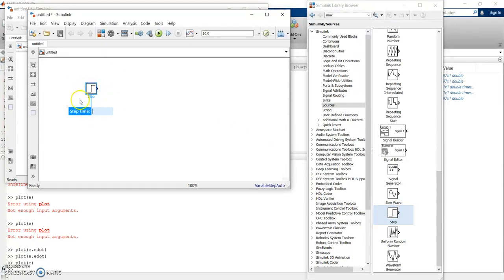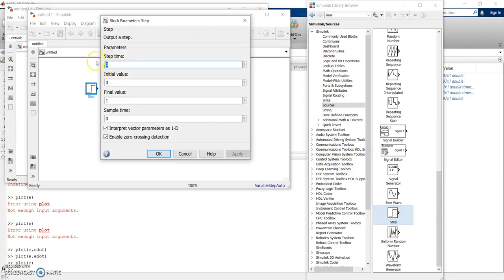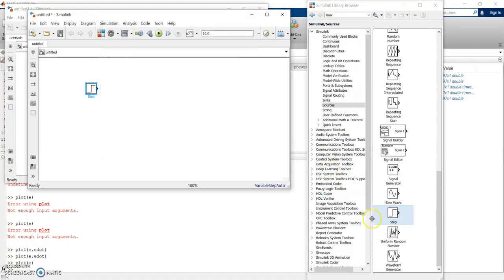Simply drag and drop. Now, please provide step time 0 unless and until it is mentioned. Or you can make this step time 0 after clicking this block and making the step time 0 here.